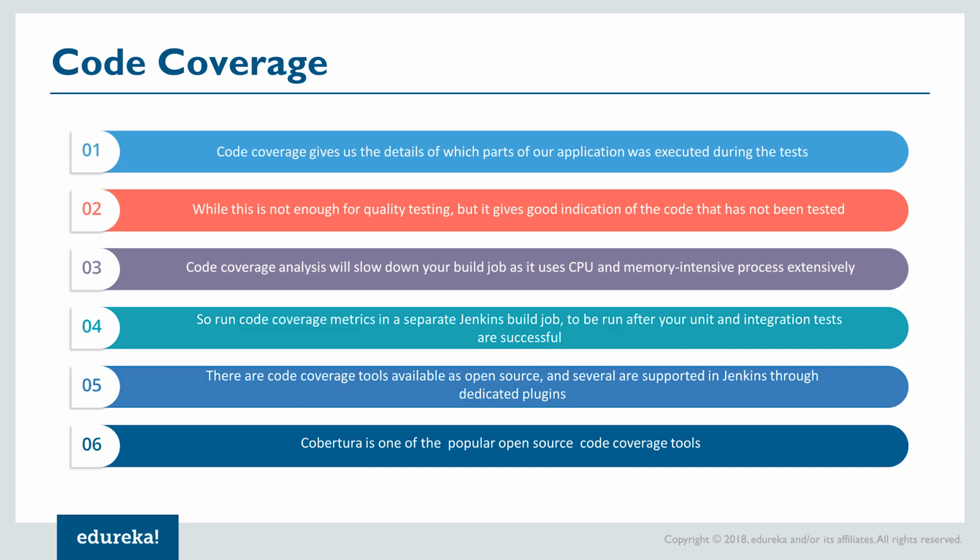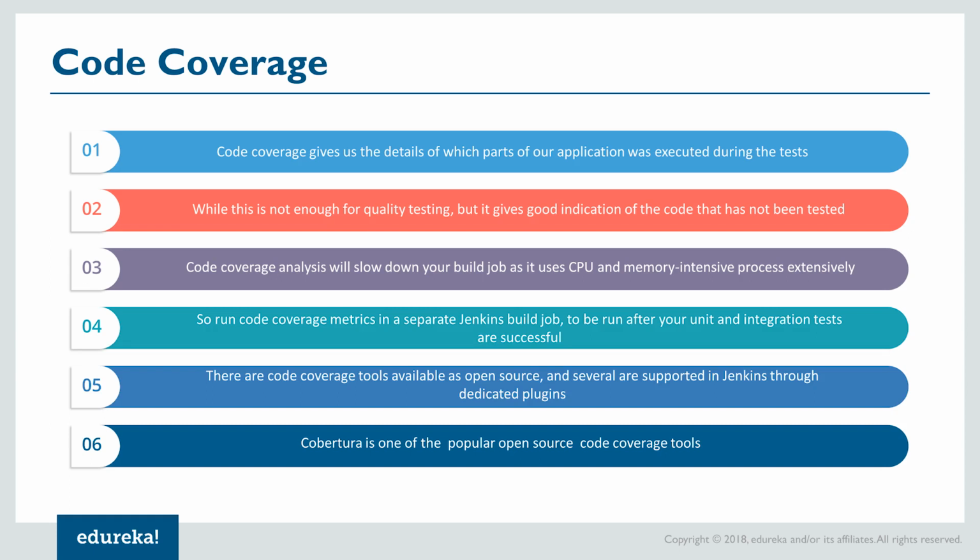So of course, there is no point in running your code coverage builds before the tests, or if your unit tests or integration tests have failed. So what typically people do, as a best practice, is have one job for running all these unit and integration tests, and then one job to run the code coverage metric to understand how much code has been covered. And the code coverage job will be triggered only on successful completion of unit and integration